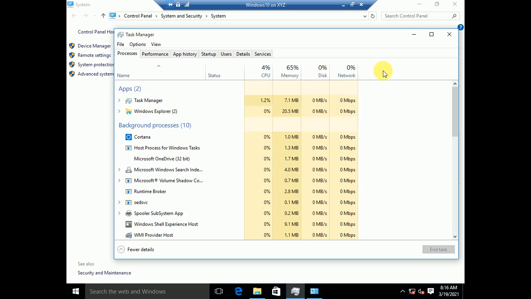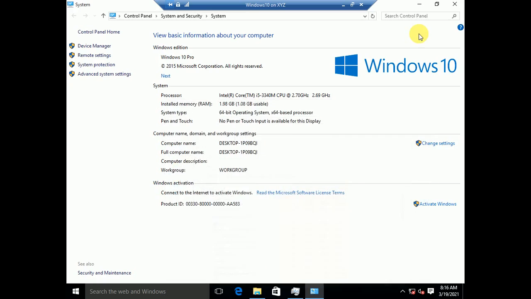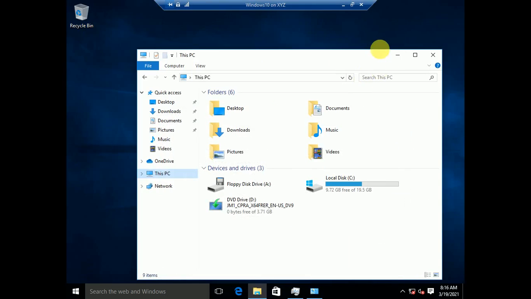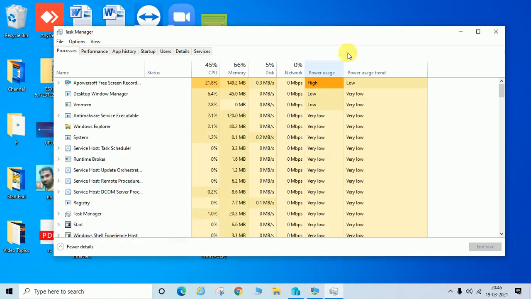There is no power usage or power usage trend option available. So you can see the difference between the updated Windows 10 Pro version 20H2 and the other machine not updated to 20H2.